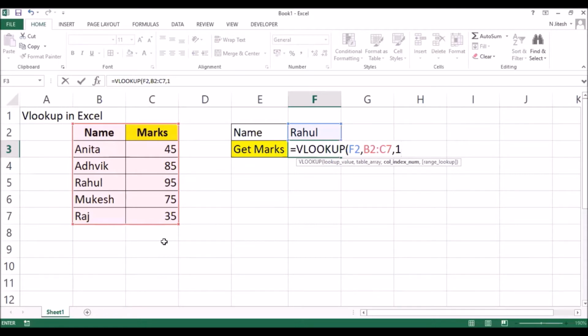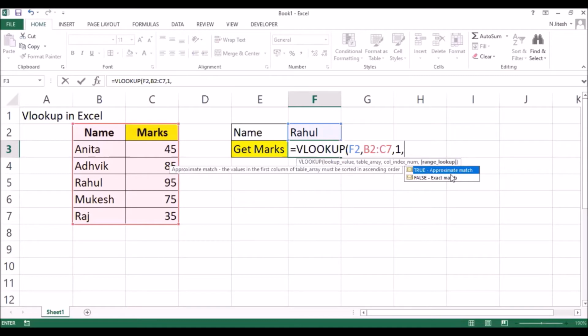Next thing you see here is the range lookup. If you see a bracket kind of thing, it's optional. But let me explain what this range lookup is. When you say true, it means approximate match. So what is approximate match? It means if that value is not there, suppose you have a numeric value which you're looking for and that numeric value is not there, for instance 65.